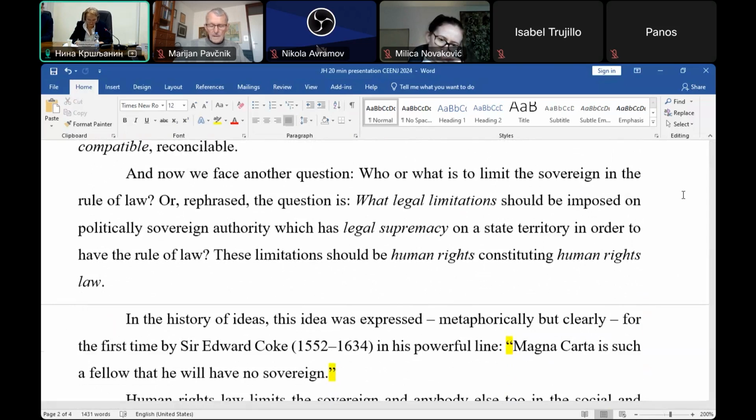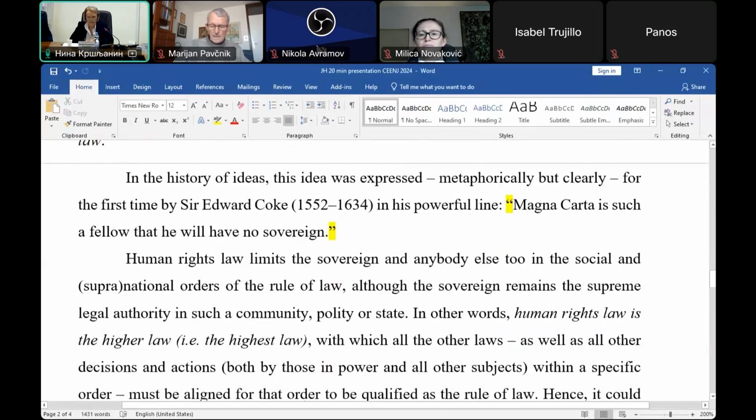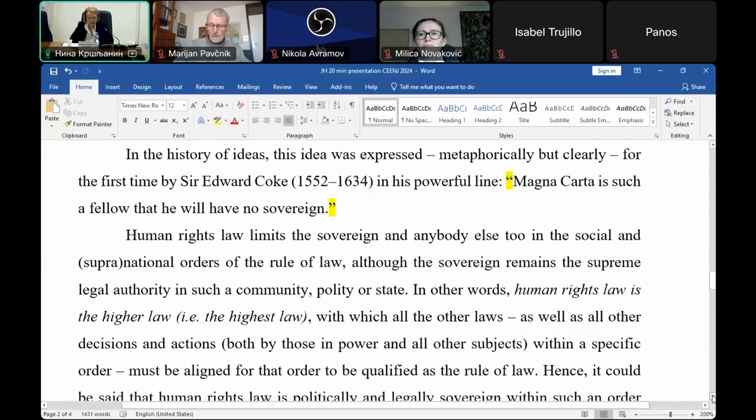Or rephrased, the question is, what legal limitations should be imposed on politically sovereign authority, which has legal supremacy on a state's territory, in order to have the rule of law. These limitations should be human rights, constituting human rights law. In the history of ideas, this idea was expressed metaphorically but clearly for the first time by Sir Edward Coke